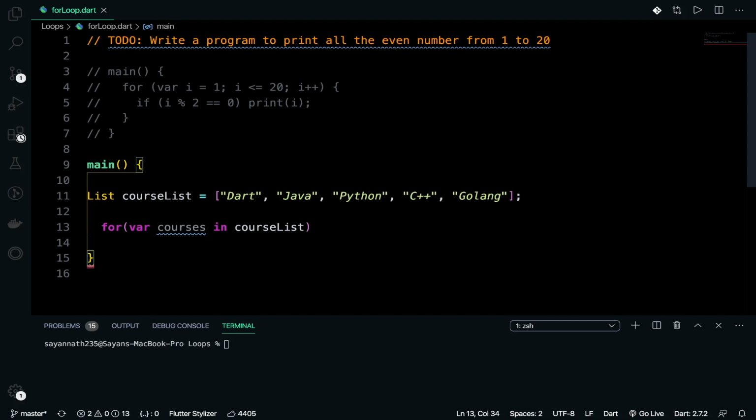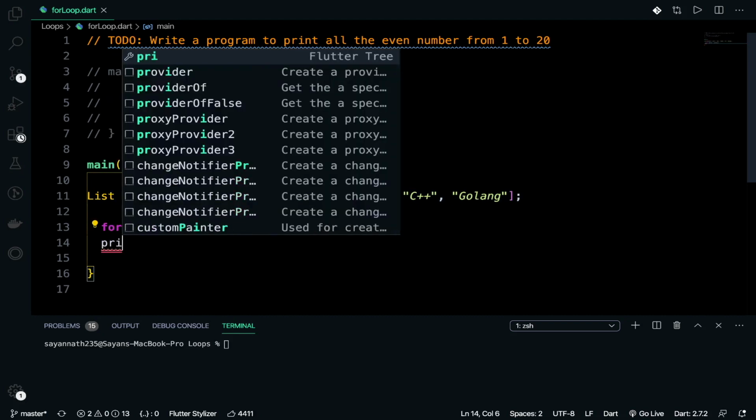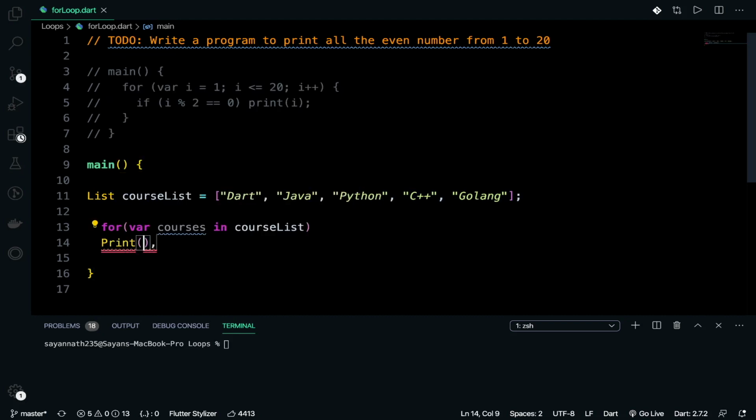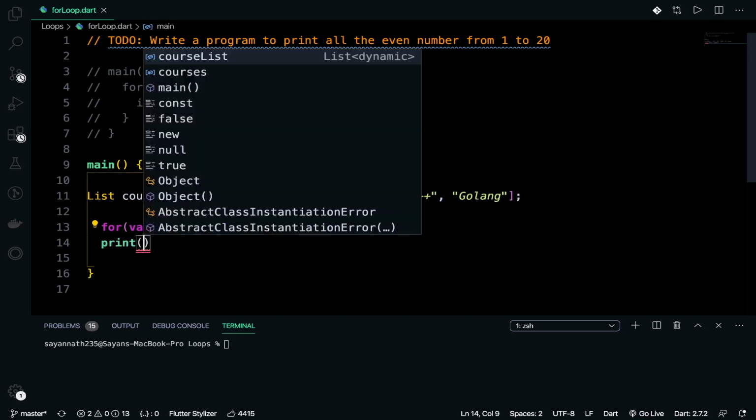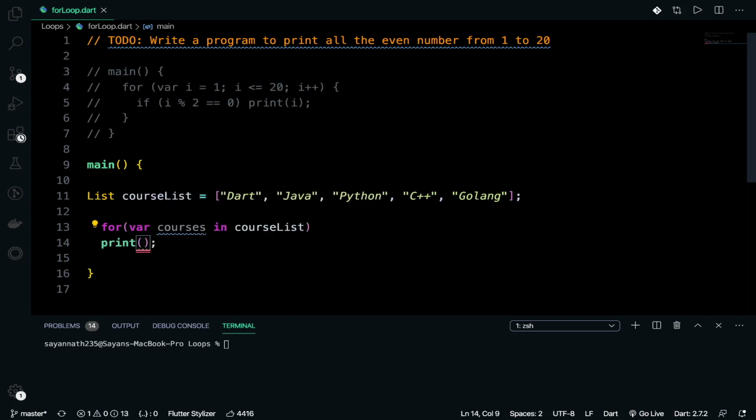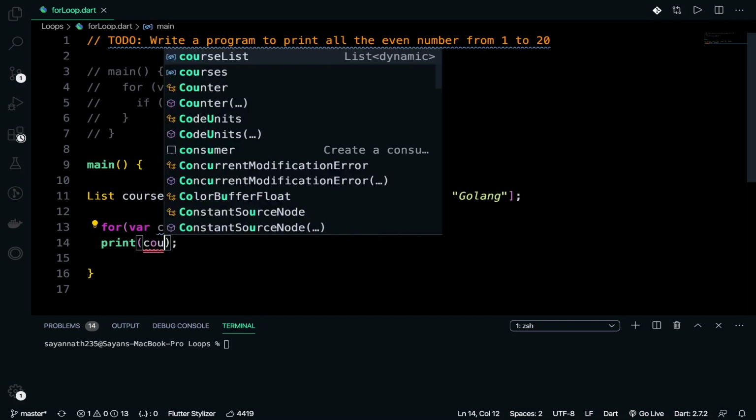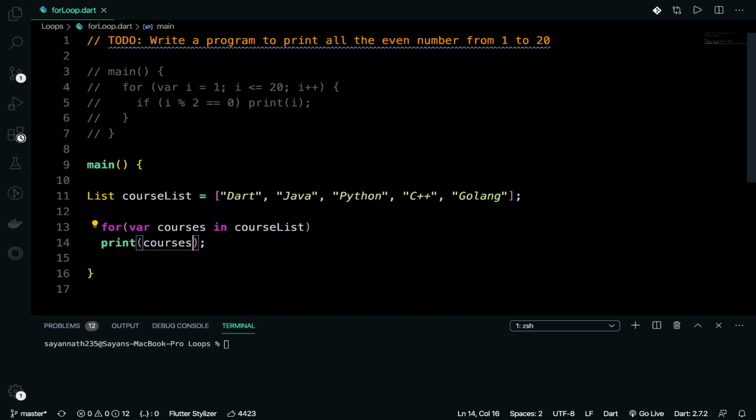do you get my point? I am storing in var courses, I am iterating courses in the courseList. Okay, the courseList is this one, and now I will print courses.